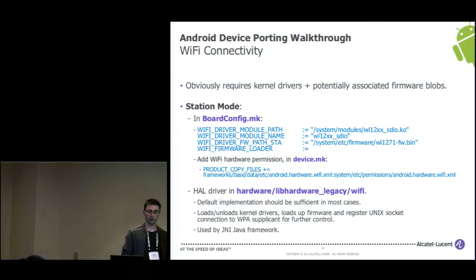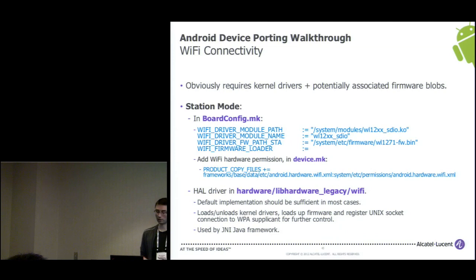Speaking about Wi-Fi, you obviously have to support the kernel drivers and the associated firmwares if you want the Wi-Fi chip to work. And you have to modify the HAL component in order for the Wi-Fi to work.